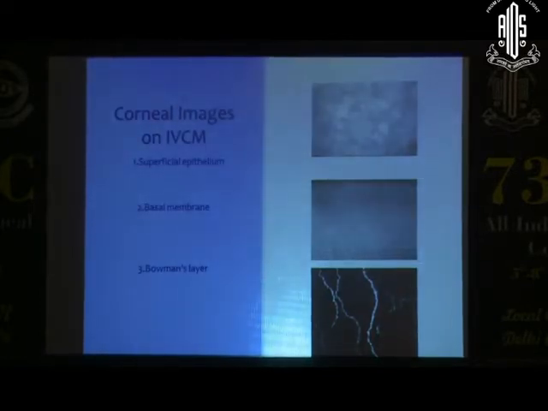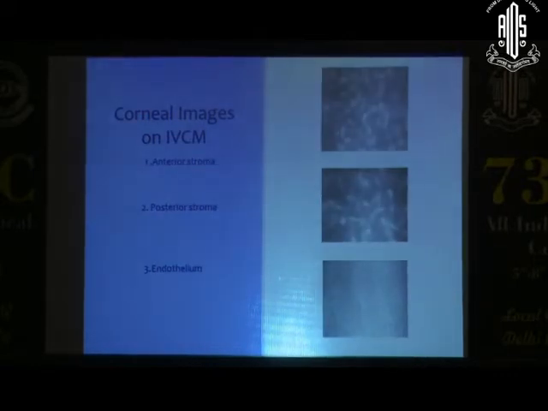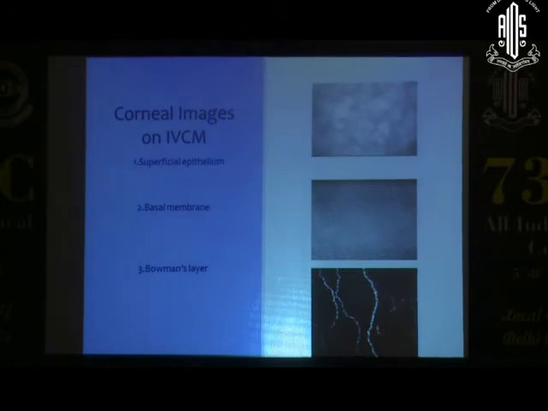So here you have the superficial. Why is it? So you have the superficial epithelium in the top corner. And here you see large cells, more than 40 to 50 microns. They are polygonal. Usually the borders of these cells are fairly well defined. What you also get are nuclei.